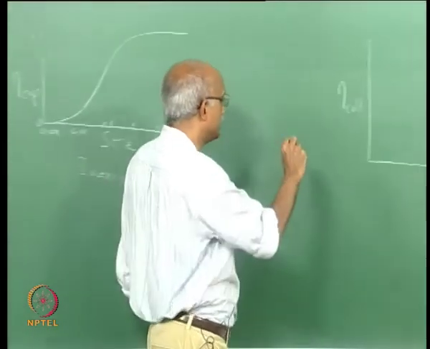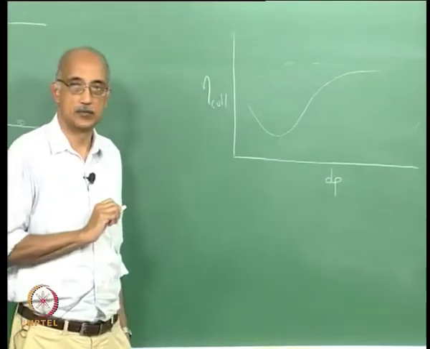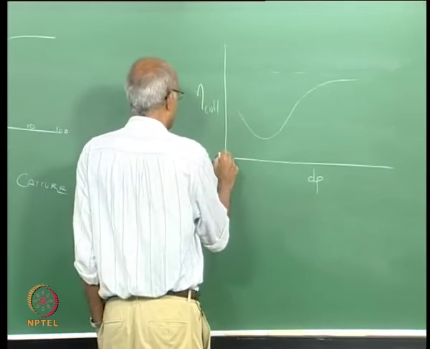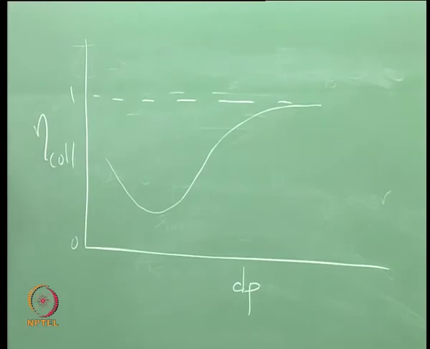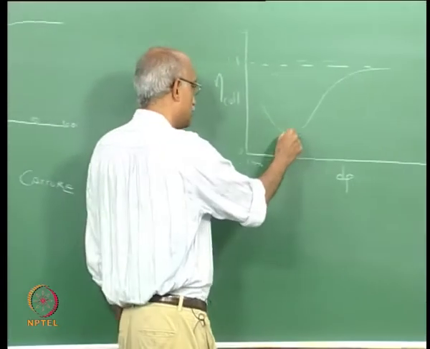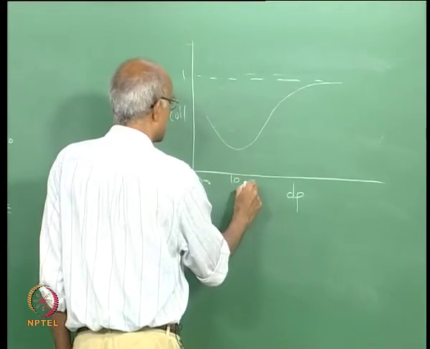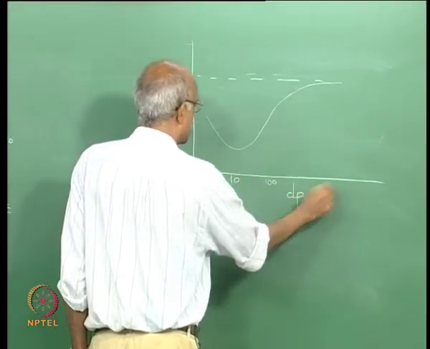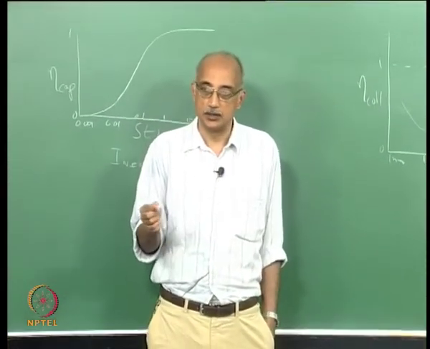Instead, what you will see is a trend that looks like this, where again going from 0 to 1, when the particles are very, very fine, let's say that this is 1 nanometer, the diffusional deposition actually causes an enhancement in collection efficiency. And then as you keep increasing the size, let's say that this is 10 nanometers, 100 nanometers and so on, you actually get a reduction in overall collection efficiency